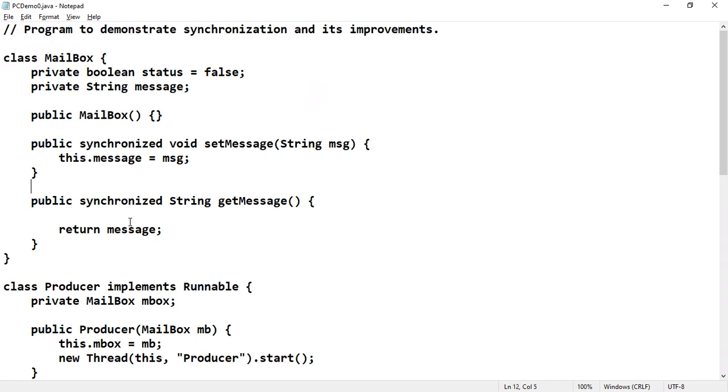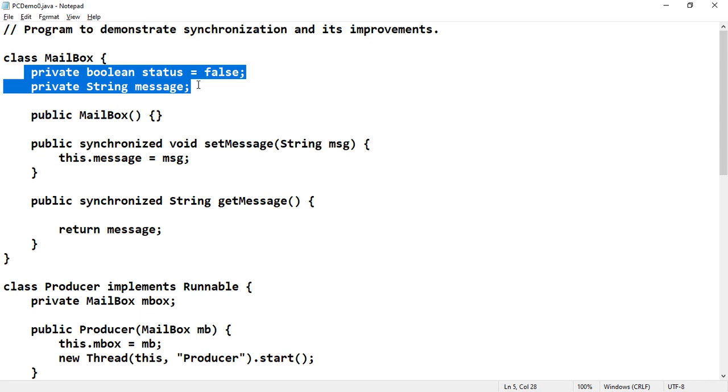So for insertion and reading of the message, two methods are used. One is setMessage, which is used for setting the message, and getMessage, which reads whatever message a thread has set. So this is a very simple function. In this mailbox, two things were made private here. Private boolean status. Just like when we use a binary semaphore, if the message was set, then the status is true so that other threads can read it, and if the status is false, that means there is no message set.